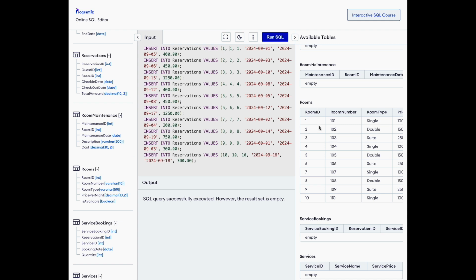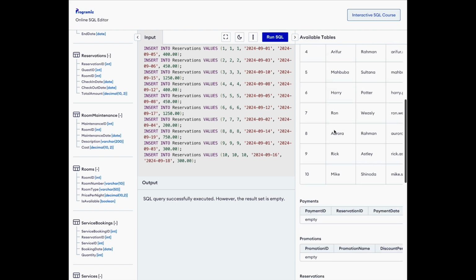For example, if we look into the reservations table, the third one is the room ID. So these are the room IDs. If we put something like 100 or 1000, which is not in the primary key of the rooms, there will be an error. So let's make sure that we don't put any values like that. Other than that, everything will be okay. Same goes for the guest ID. So if we run it now,